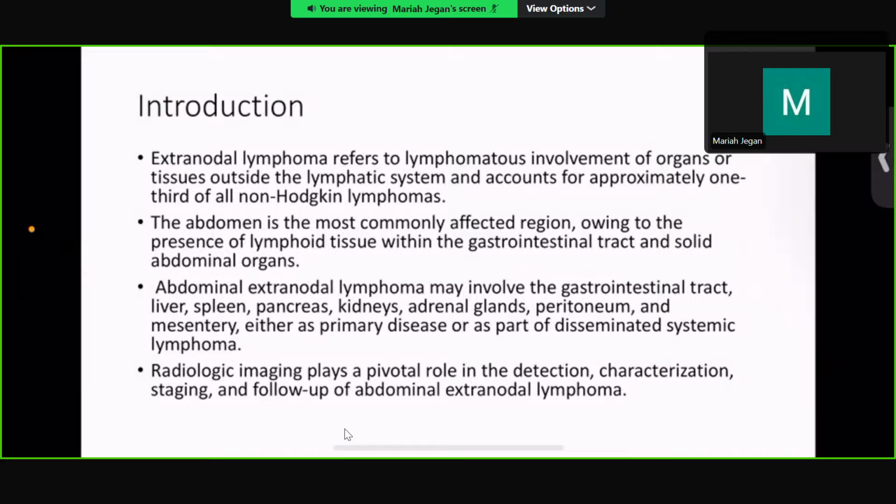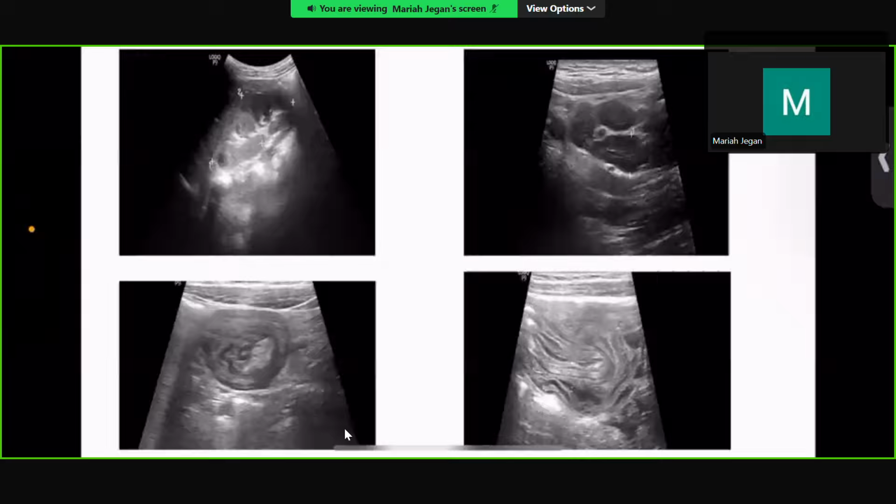Radiological imaging plays a pivotal role in the detection, characterization, staging, and follow up of abdominal extranodal lymphoma. Here we see multiple hypoechoic lesions within the kidneys and the pancreas and ileal intussusception. Here we see multiple enlarged mesenteric lymph nodes